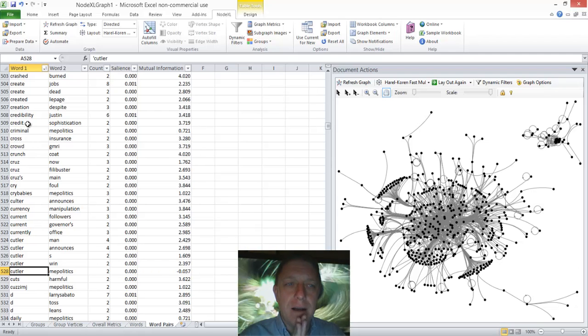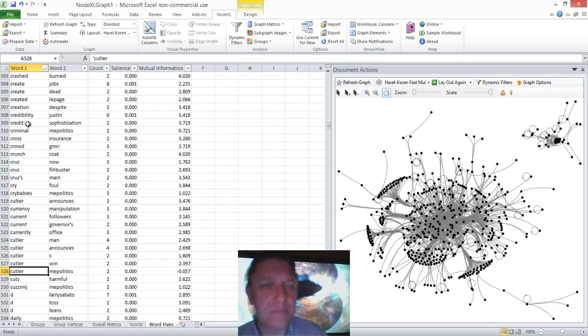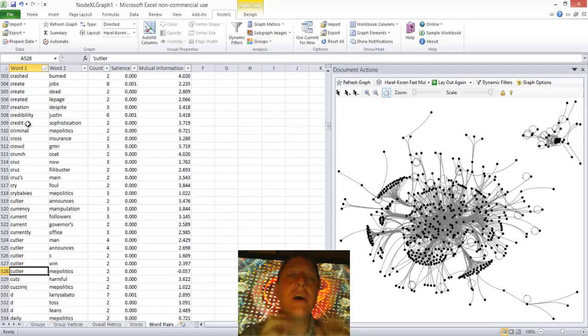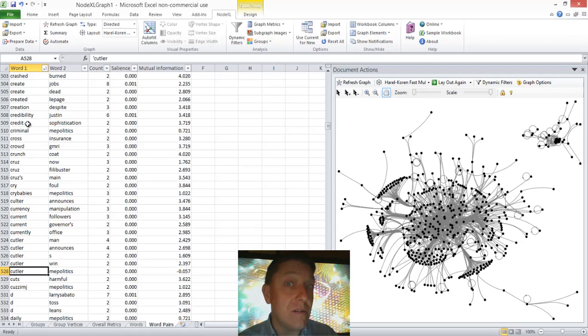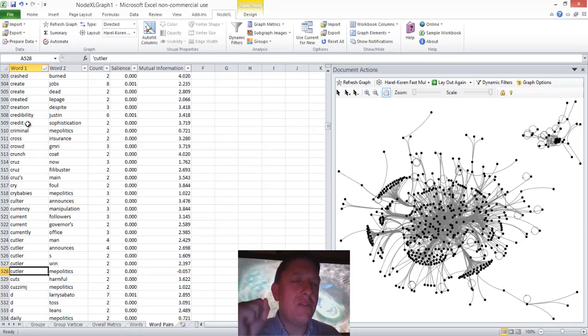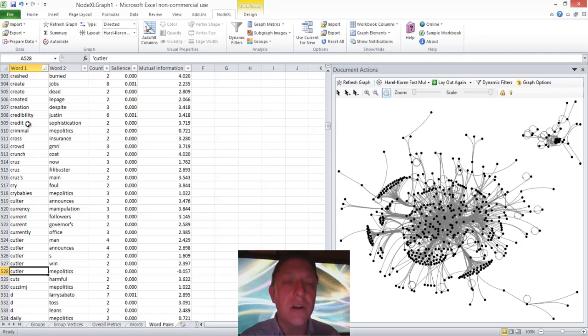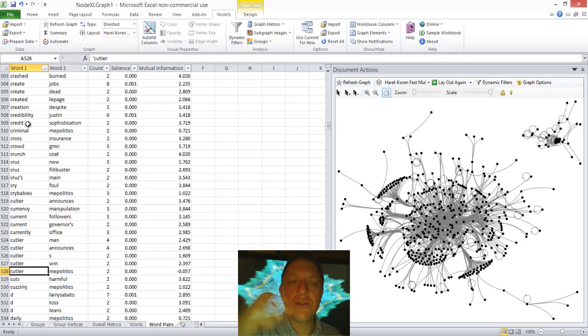So I want you to notice something. I want you to notice that each of those words is itself a node. Okay. Each of those words is connected to another word. And we have a tie strength already. You're going to learn about the strength of ties in a future chapter in much more detail, but that count shows you how strong the tie is, how deep it is, how often it occurs, how much it matters.